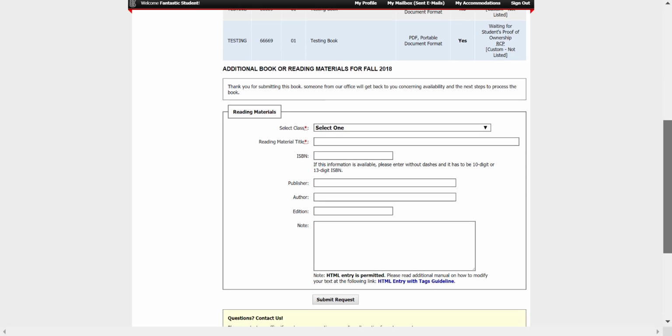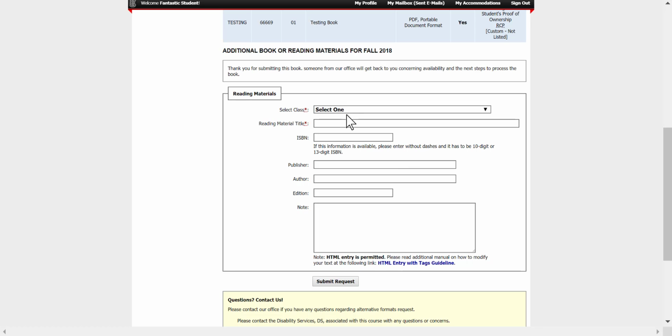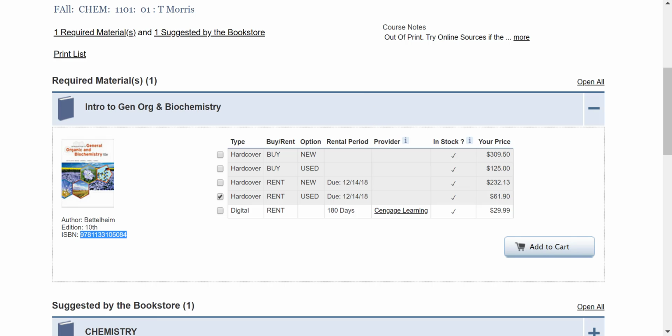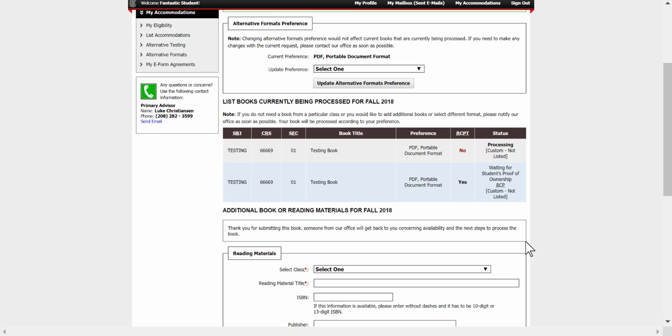And you're going to want to do this for every single book you are going to need and for all the classes that you need those books in. So you might have 4 or 5 books or 4 or 5 ISBNs that you have to find, but all of them will be on the ISU University Bookstore website. So once you've done that,